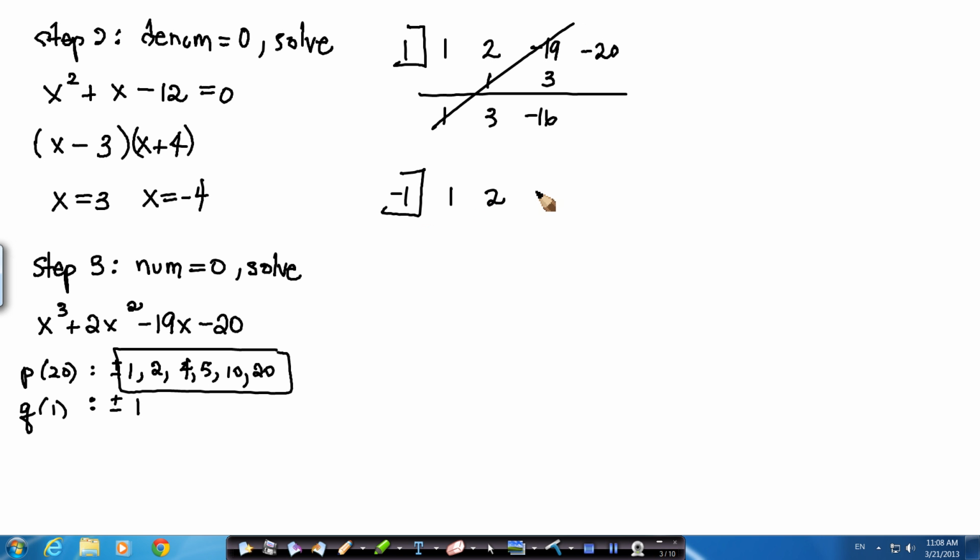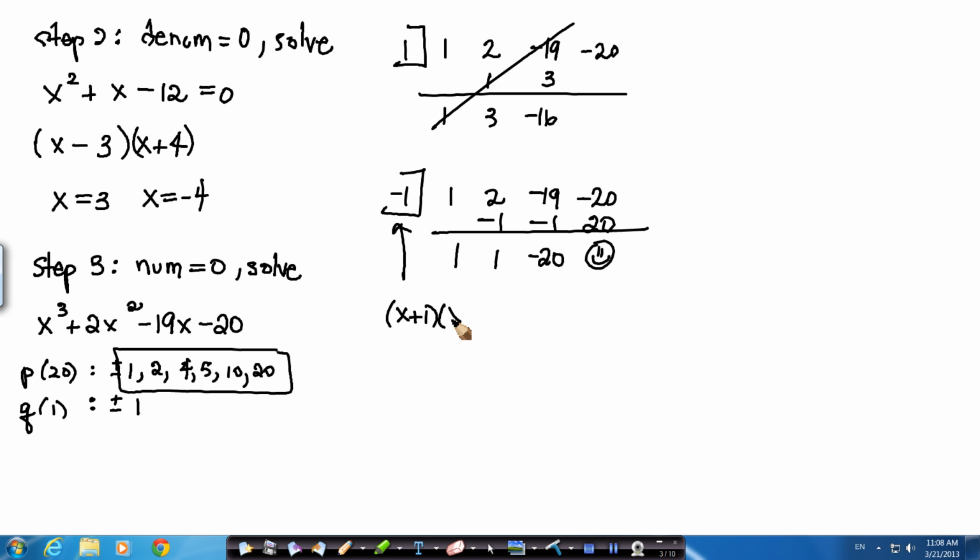1, 2, negative 19, negative 20. Bring the 1 down. 1 times negative 1 is negative 1. 2 minus 1 is 1. 1 times negative 1 is negative 1. Oh, look at this. Negative 19 plus negative 1 is negative 20. Negative 1 times negative 20 is positive 20. And we are happy. We can rewrite our function as x plus 1 times x squared plus x